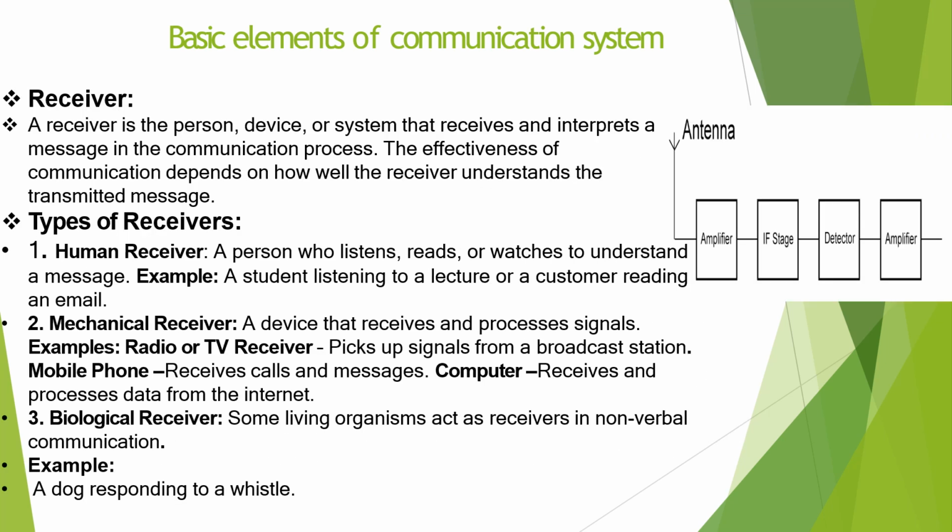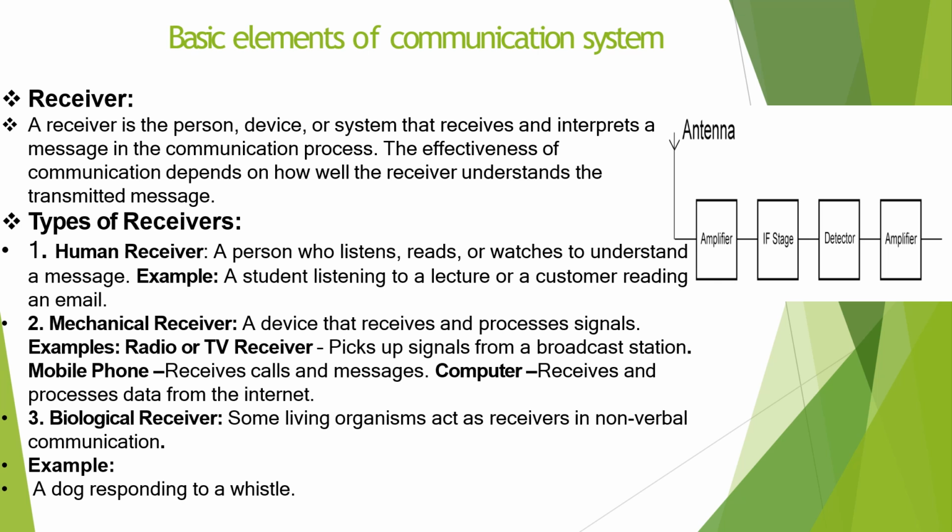Then it's about the receiver. A receiver is the person, device, or system that receives and interprets a message in the communication process. So a receiver can be a person, a device, or a system. The effectiveness of communication depends on how well the receiver understands the transmitted message. Receivers also have some types. Number one is the human receiver, which is a person who listens, reads, or watches to understand